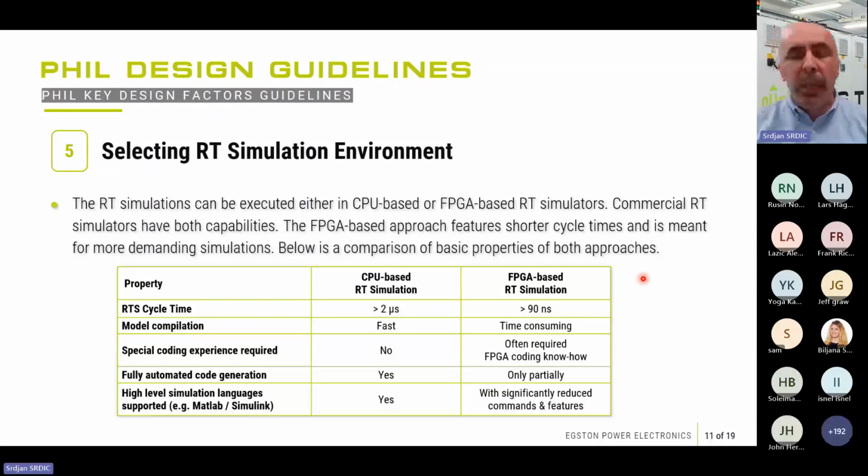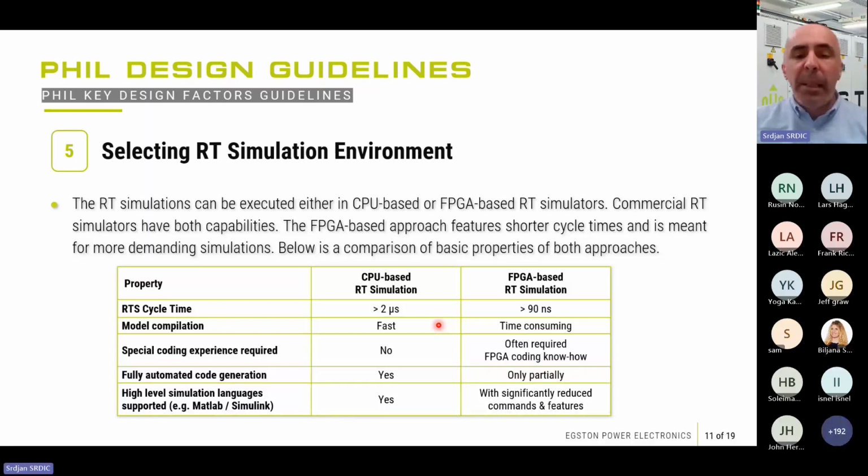In this table, this is a short overview of the main properties of these two approaches. You can clearly see here that the CPU-based simulators are a little bit slower because they have a higher cycle time. FPGA-based simulators are faster, but then again,